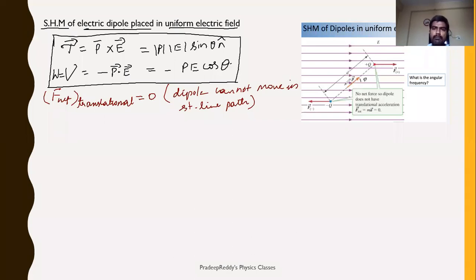Now what I do, you have a dipole. See, in this figure we have one dipole. Here it is minus q charge and here it is plus q charge. The net translational force is however 0. Now this dipole is making an angle pi with respect to the x-axis. So with the x-axis, this dipole vector is making an angle pi.